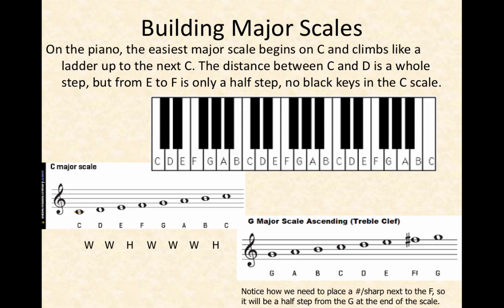Now moving on to the third group of terms for this chapter. Tonality, which is sometimes called the key. Let's take a little bit of a closer look at how we would build our own major scales. The organization of music around a central pitch. So on the piano, the home bass pitch in any key, like C major, climbs like a ladder up to the next C. And because of the arrangement of half steps and whole steps on the piano, we don't have to play any of the black keys, just the white keys.